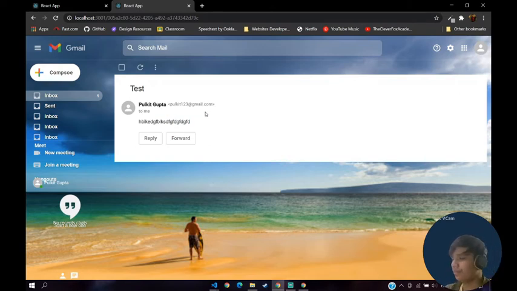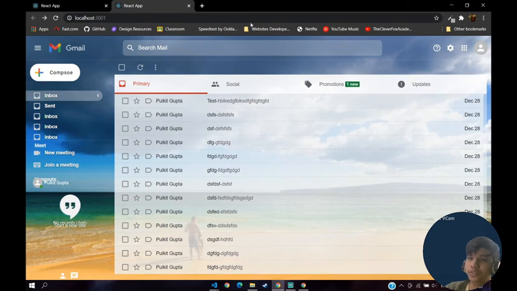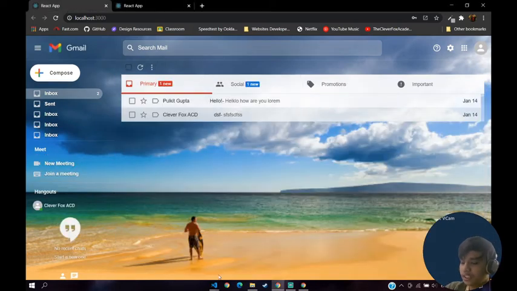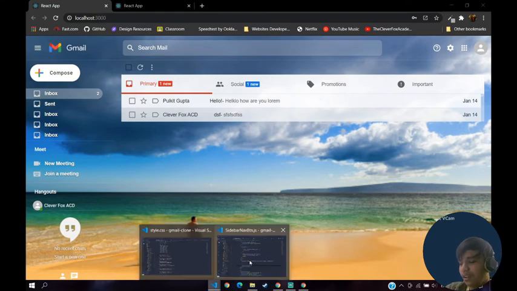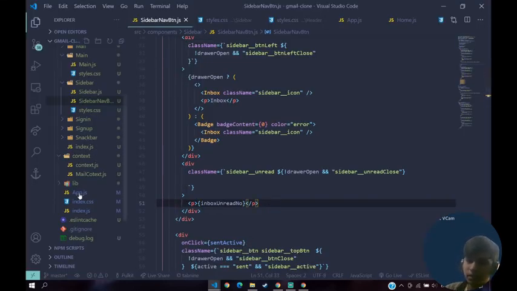So now the last thing we can do is let's view our mails. This is not something very big, we already have the mail, we basically have to just render those mails, right? To do that, first of all we have to set up React Router DOM. You can do this without setting up React Router DOM, but I'll just install it to make things simple.